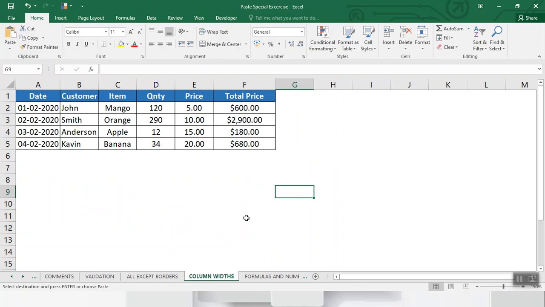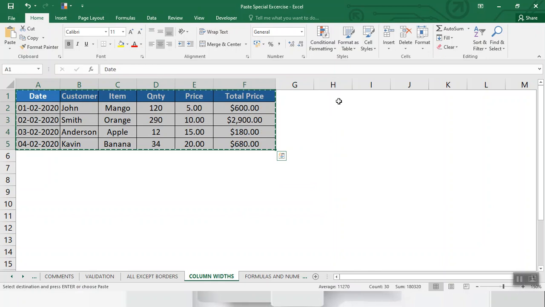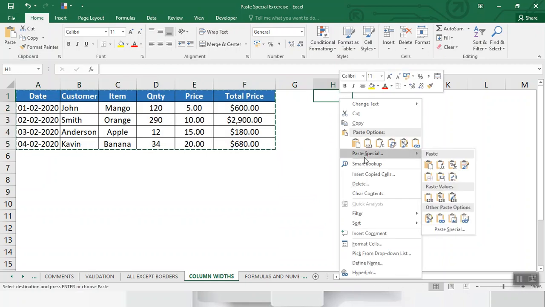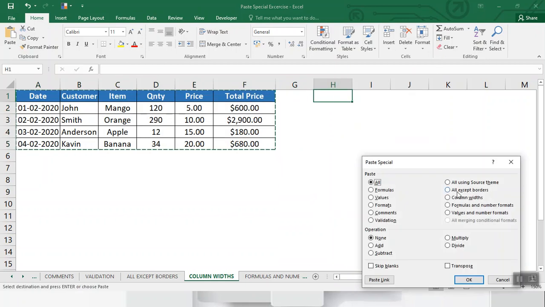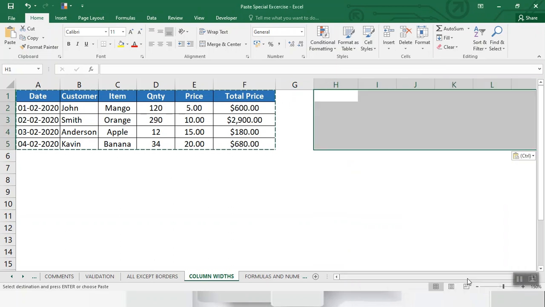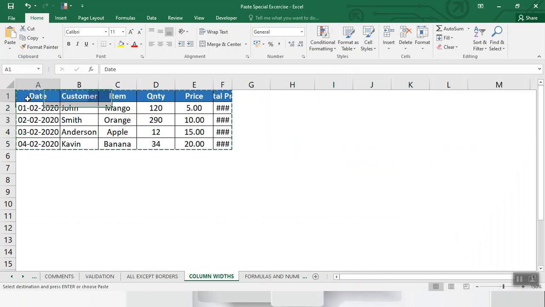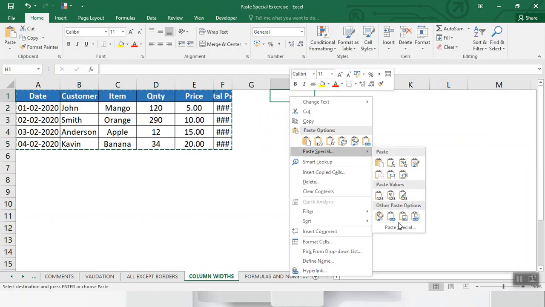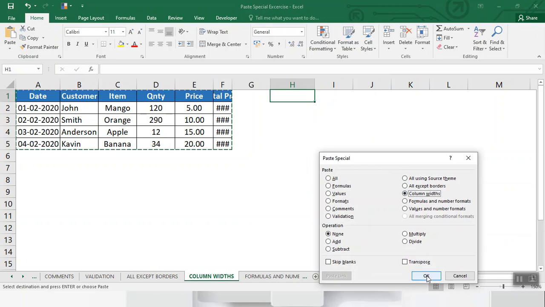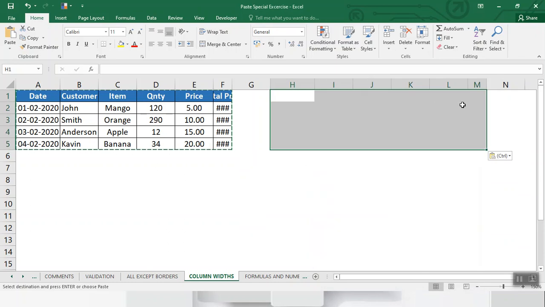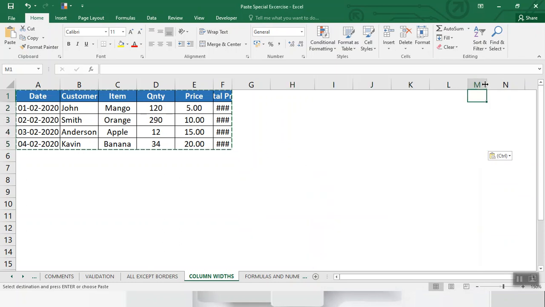Quickly set the desired width to all columns of our Excel table. So copy and right click. This is a target cell, paste special, and column width. This is the column width. Suppose I decrease the size of the column width, then copy, right click, and go to paste special and column width. The size also decreases.